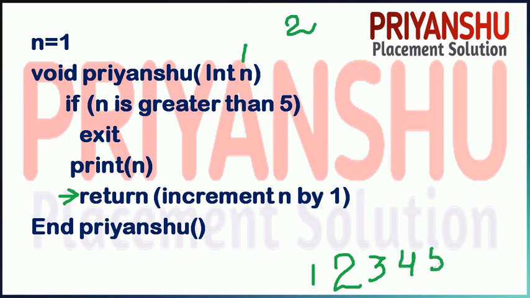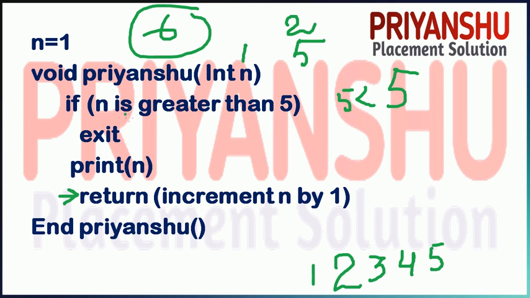and let's suppose 5. I will give you the explanation for the fifth value. Just see, the value of n is basically 5, okay? So is 5 greater than 5? Friends, is 5 greater than 5? No, it's also the wrong condition, right? So that's why we print 5, then again increment by 1.